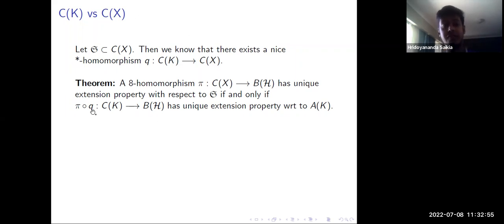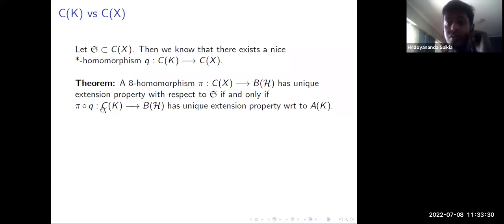Now, this convexity theory gives us a way to classify all those star homomorphisms which have the unique extension property with respect to any operator system contained in the C star algebra. Okay, how? Suppose phi is any star homomorphism which has the unique extension property with respect to the operator system S, if and only if